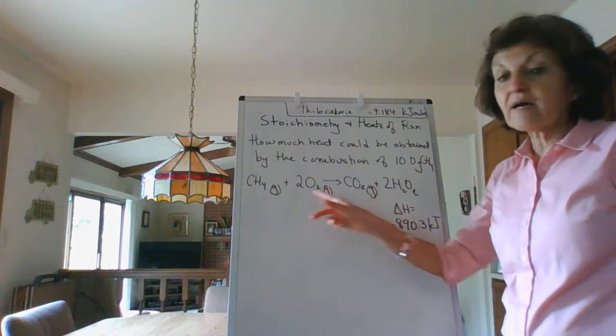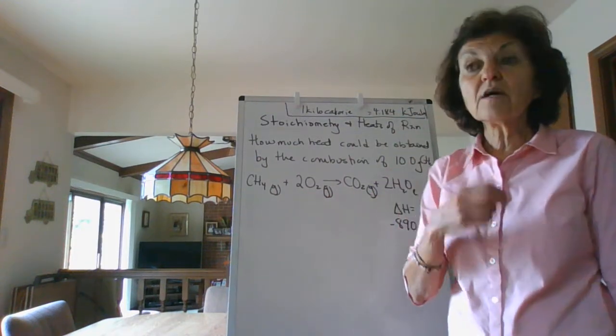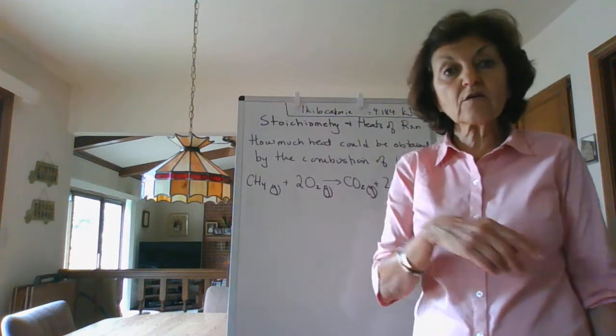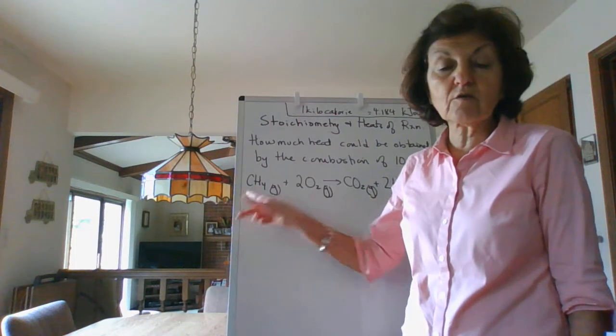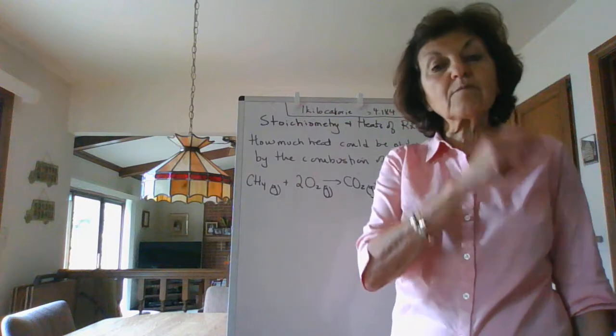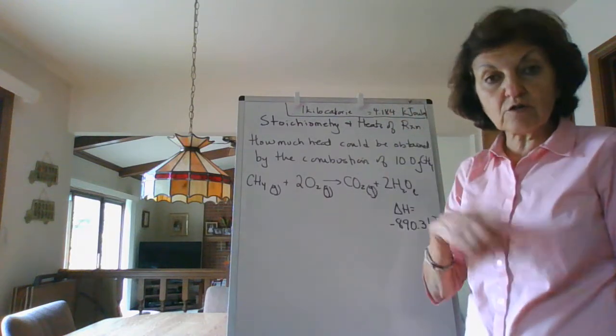So you're allowed to have fractions in a thermochemical equation because there is such a thing called half a mole. But in regular equations where the 1 could stand for a molecule, you can't have half a molecule. So one more time, in thermochemical equations, you are allowed to have fractions as coefficients,